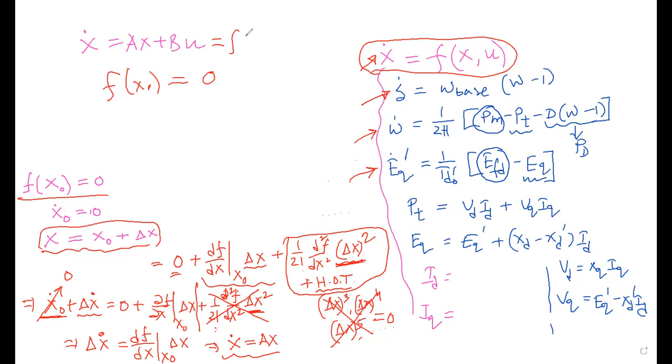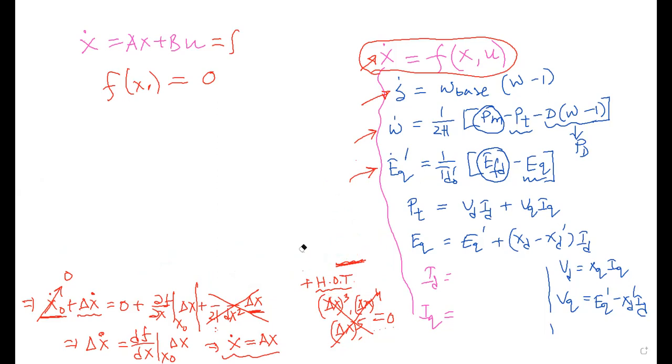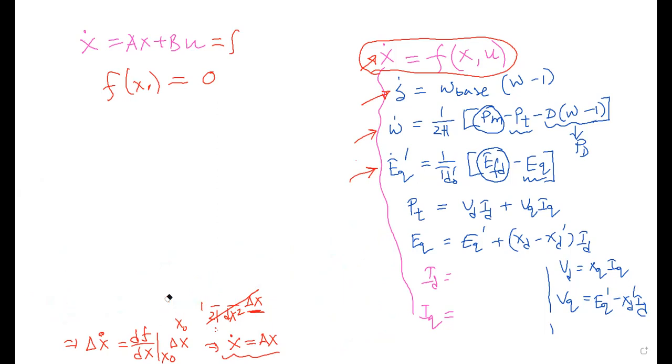So if you don't have any other question, let's continue with the multivariable case for the Taylor series expansion. Specifically, if we have some input besides the state variables, that is more analogous to our case here for the single machine infinite bus system. If you don't have any input to your system, then this would be the expression in the linearized version. However, if you consider some input, so x dot equals f of x comma u, this would be simply,